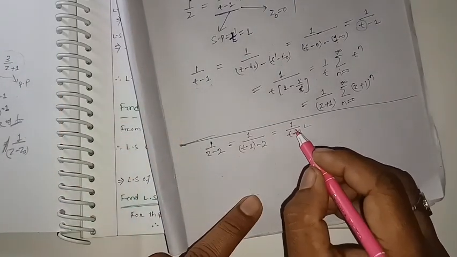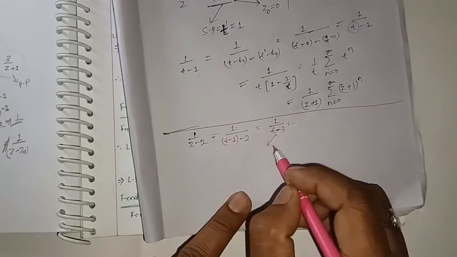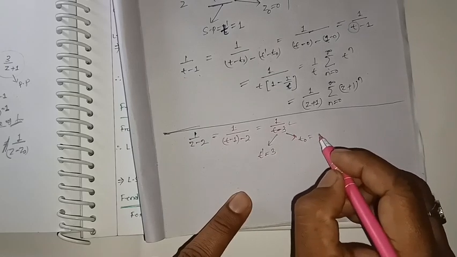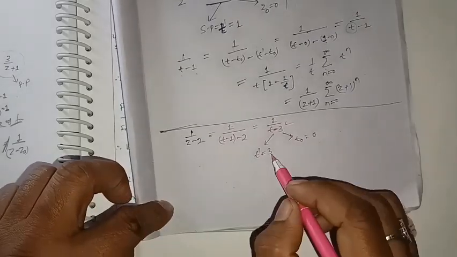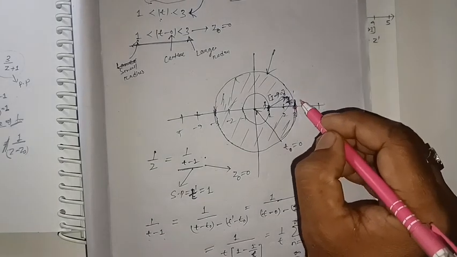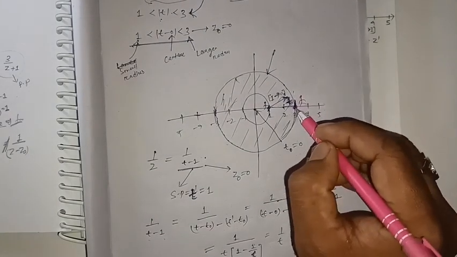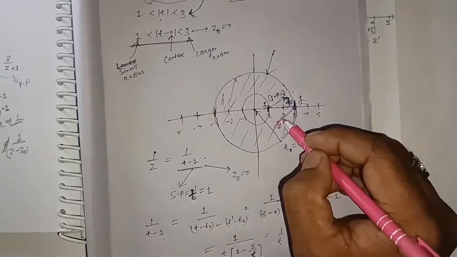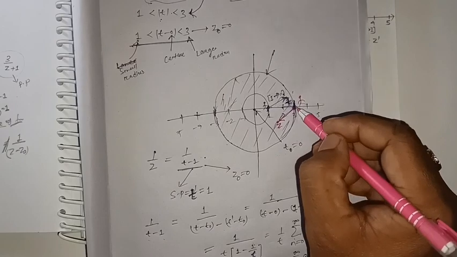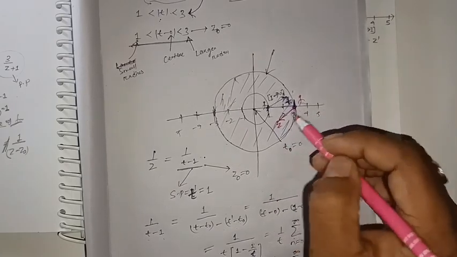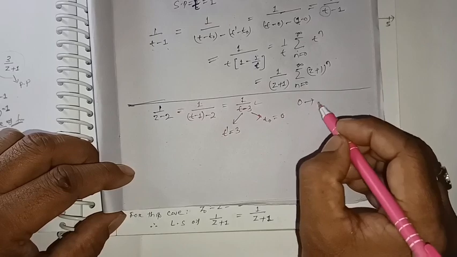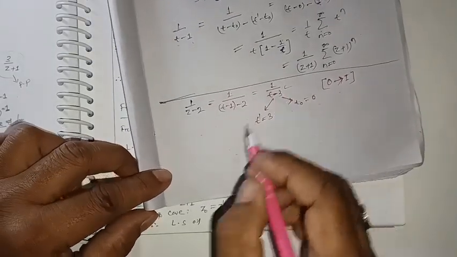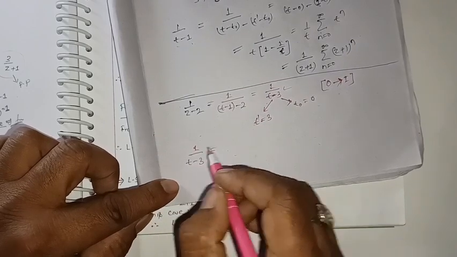Now for this function, what will be its t dash? t dash is 3, and t0 is 0. So where is the 3? 3 is here. So you are standing here and moving somewhere inside this region at any point z. That means you are moving out to in. So for this, what is the hint? Out to in concept we have to use, and we have to transform 1 by t minus 3 by considering